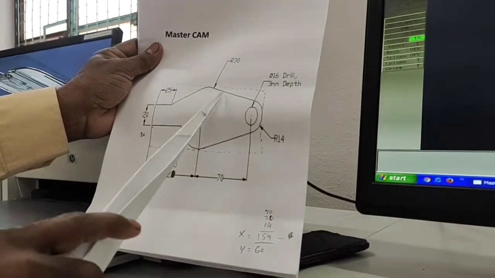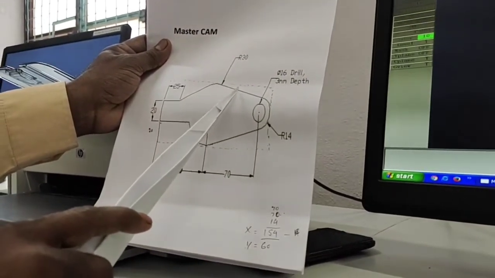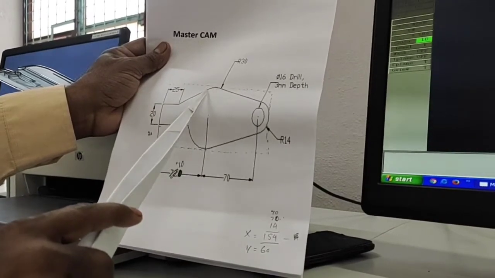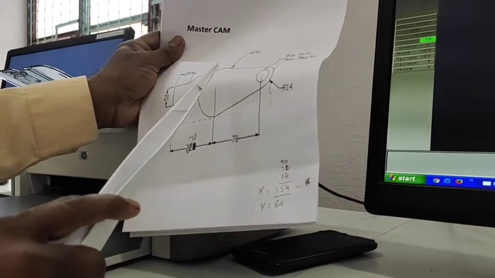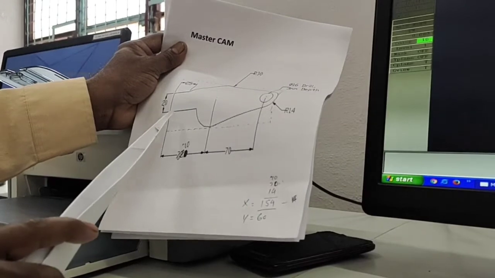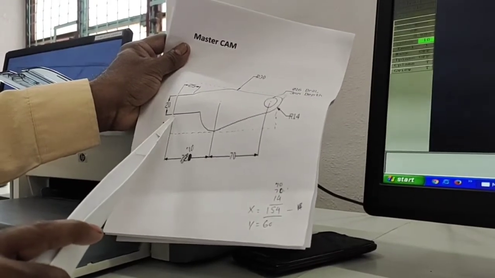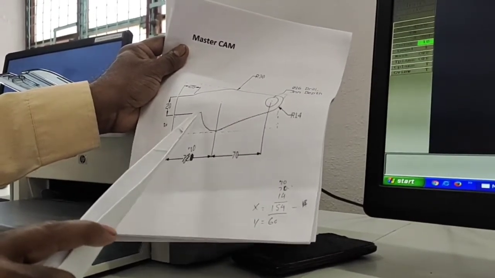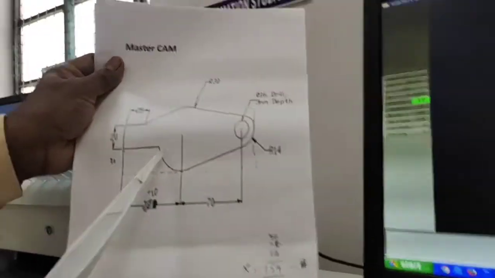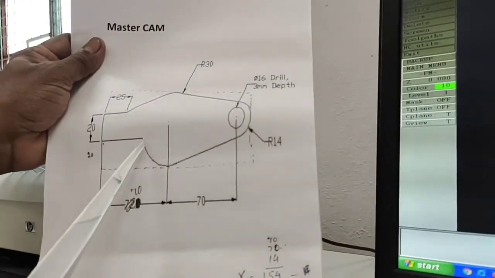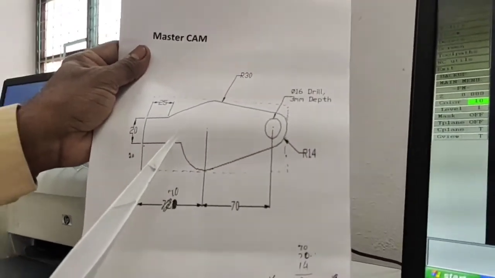But the MasterCam software automatically finds the tangent line. The same process is followed here. There is no end point for this line, and without the end point you are not able to draw it using the Tricad package.